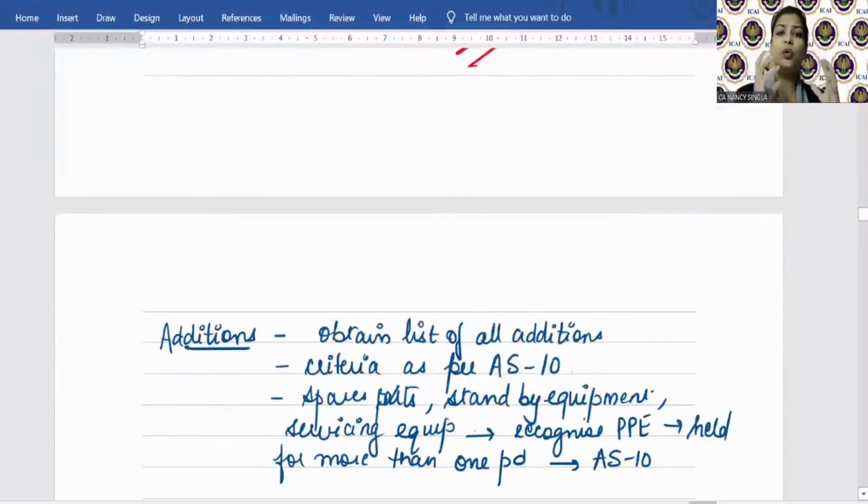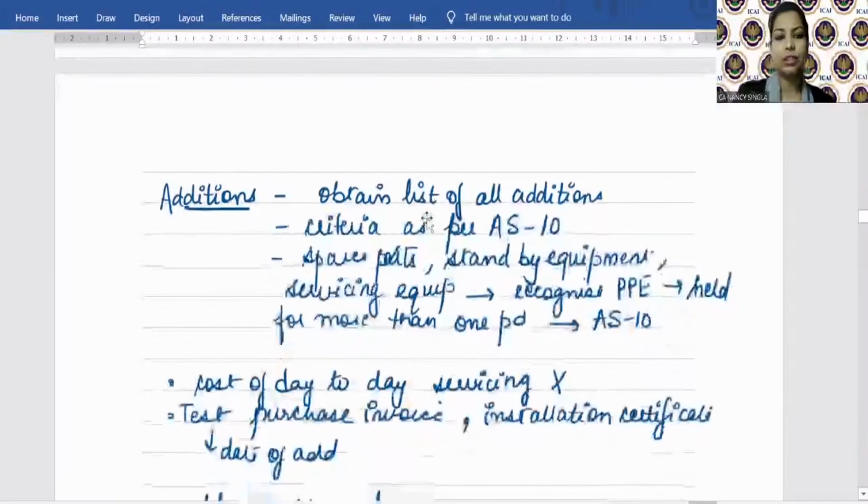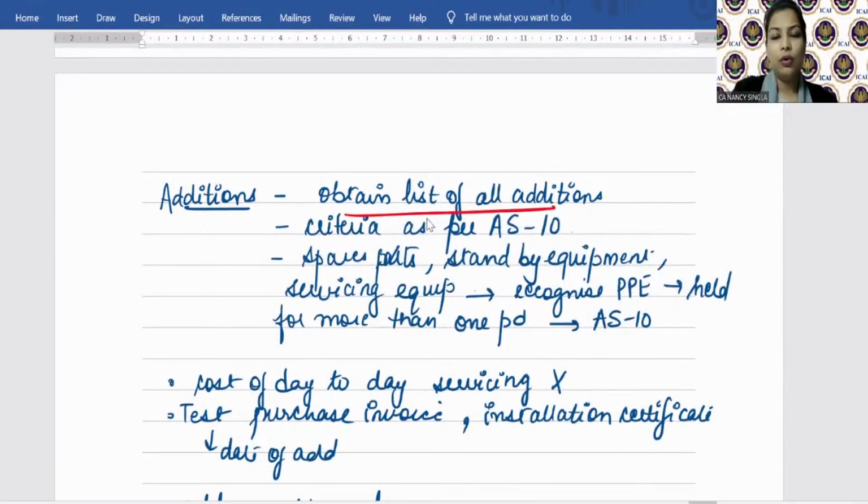देखो, ट्राई टू विजुअलाइज योरसेल्फ इन अ सिचुएशन whereby you have been asked to verify, let's say, the additions that have happened during the year with respect to PPE of your client, है ना? तो आप पहले क्या बोलोगे? Client to know, give me a list of all the additions. ठीक है? Now आपको पता है AS10 में क्या क्राइटेरिया है as to when a particular thing is to be considered as a PPE. Auditor will see whether that criteria is met or not.